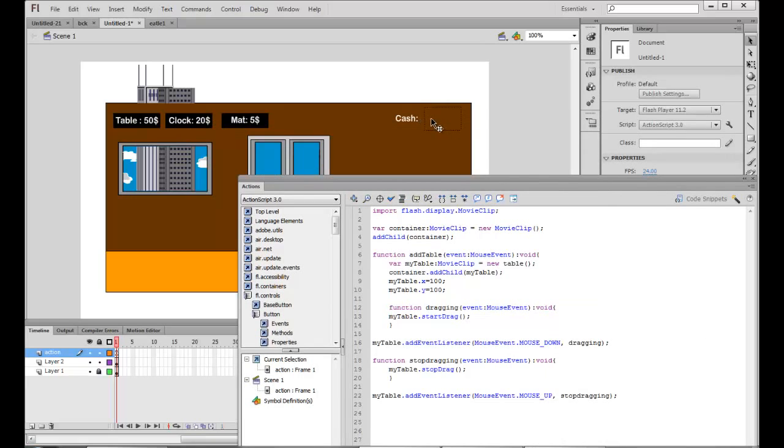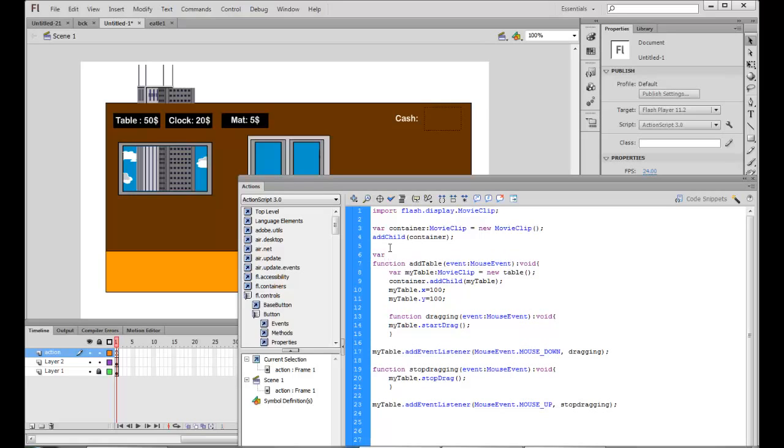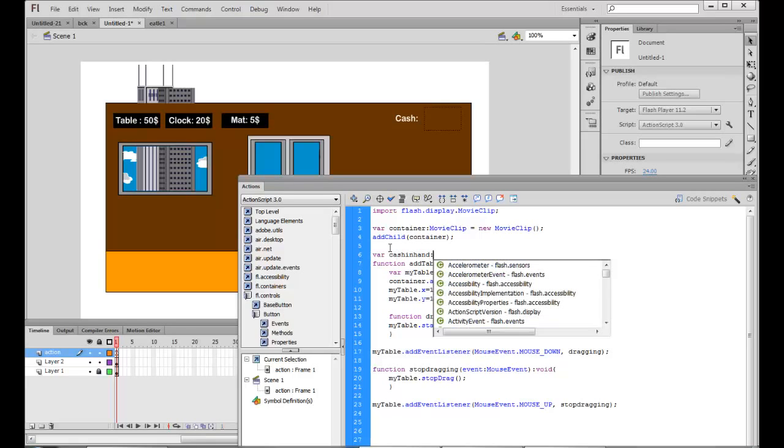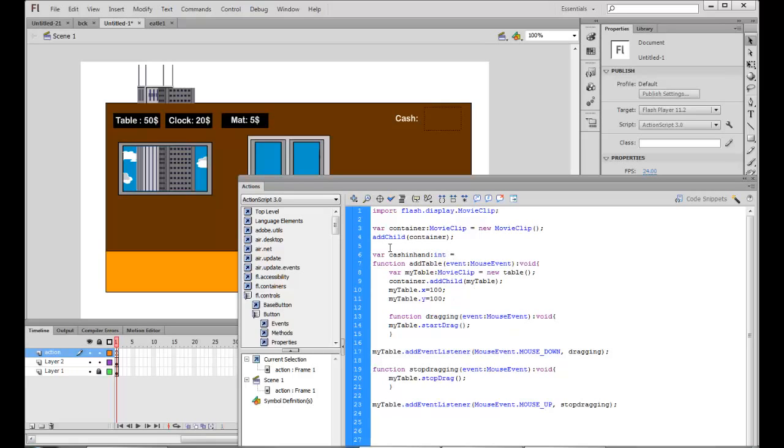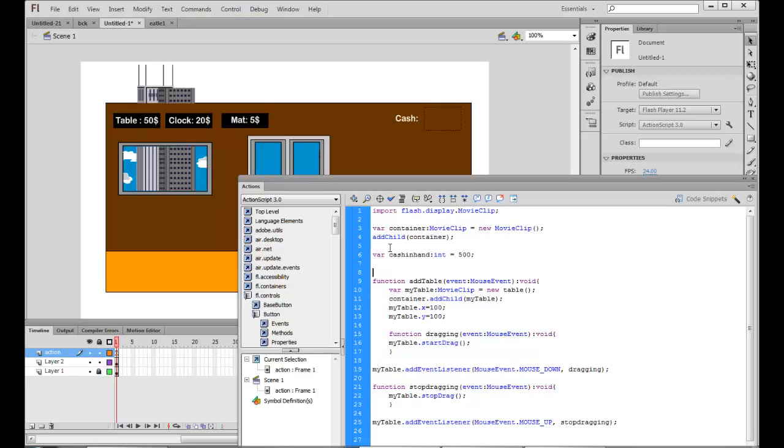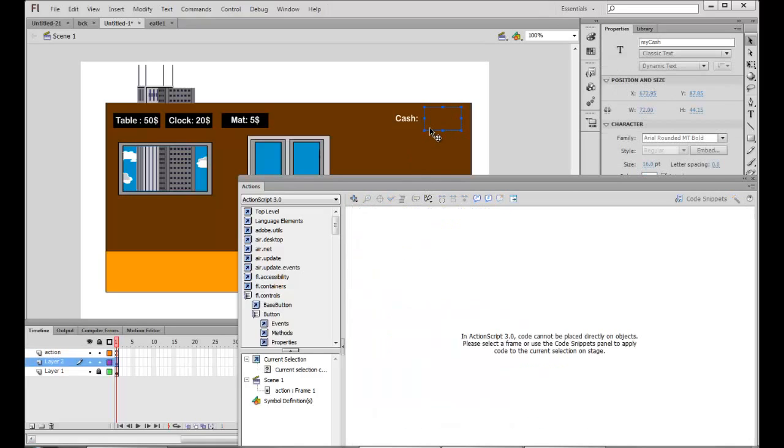Now I want my cache to display the current status of the cache available according to the items which I have bought. So for that, what I will do is I'll first create a variable, and I'll call it maybe cache in hand. This is a type of integer, and initial value may be 500. So I have $500. I want my cache, that was the instance name of this particular text. Yes, it was.